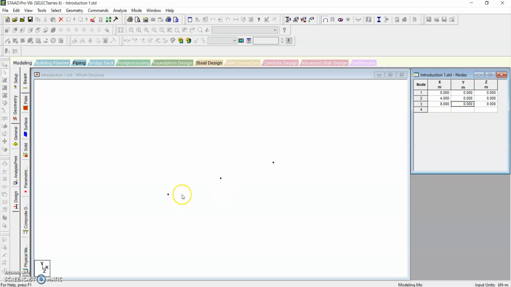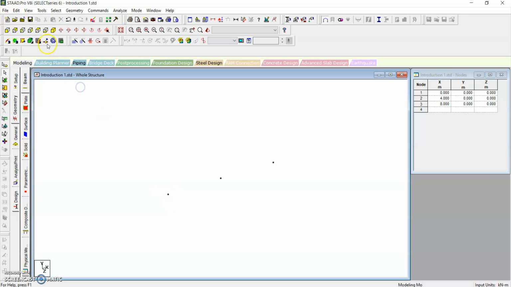In that case, a third node is created at a distance of 4 meter from the second node and 8 meter from the first node. So you can go for different views. If I want to see the same thing, I will go for a front view or top view or isometric view. Now this is how a node is created.